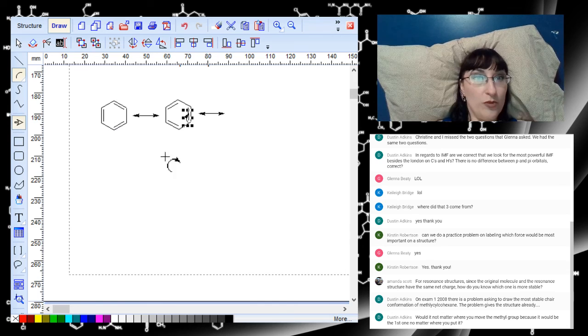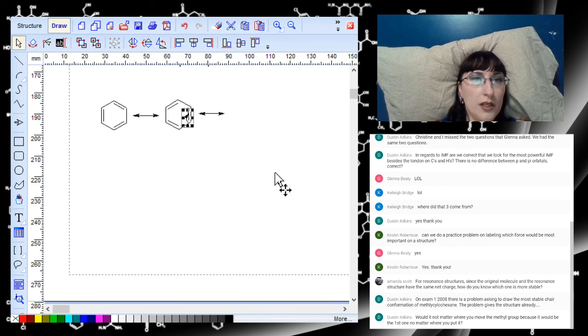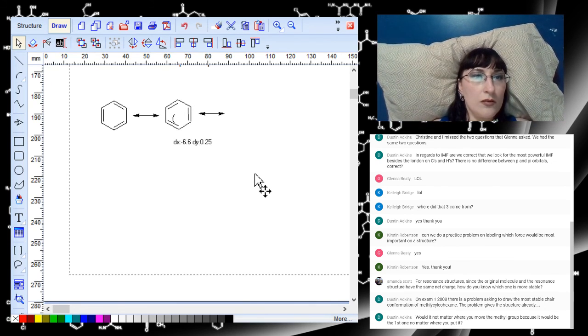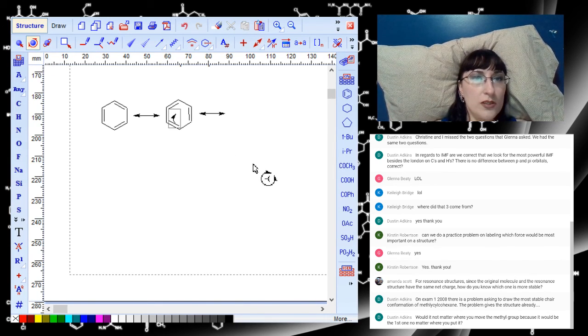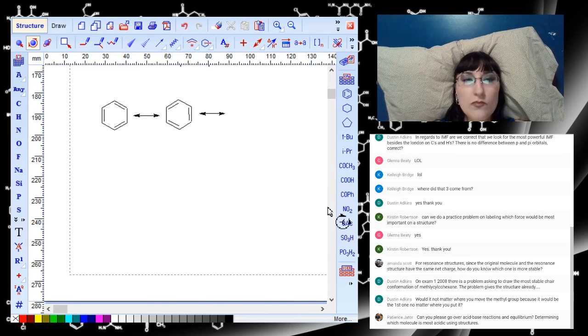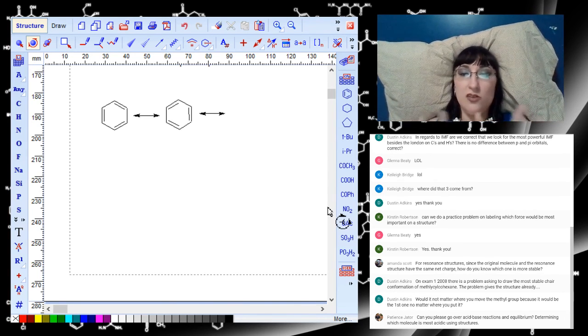I'm trying to keep him from doing that so you guys don't have to hear that. Goodness. It's so hard to just show a tiny little arrow. Anyway,